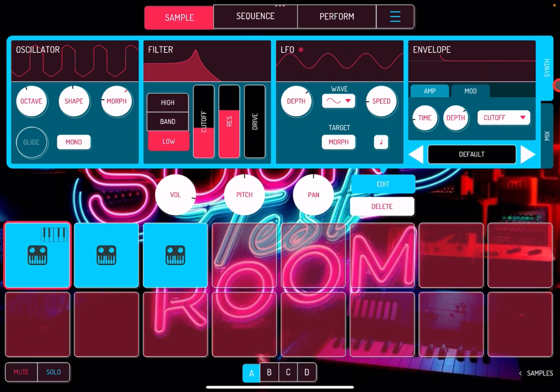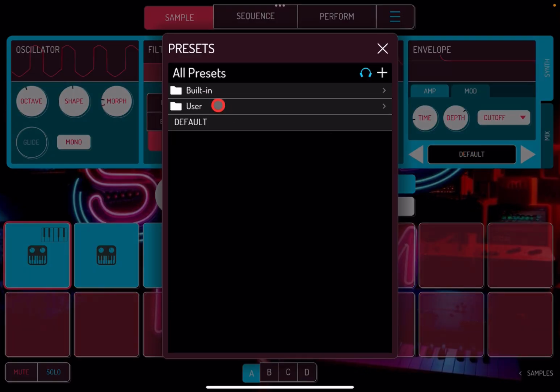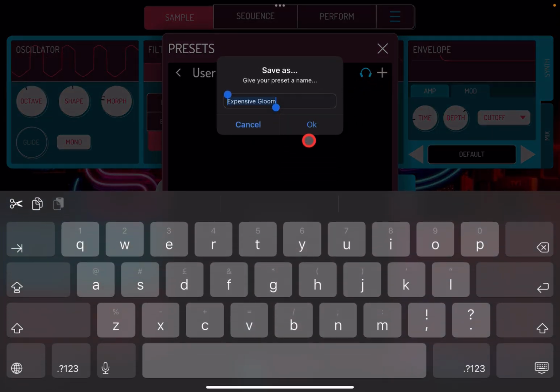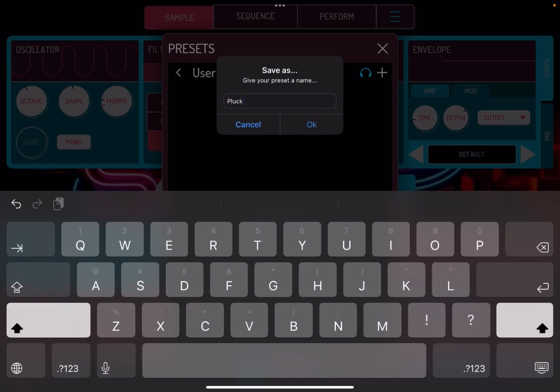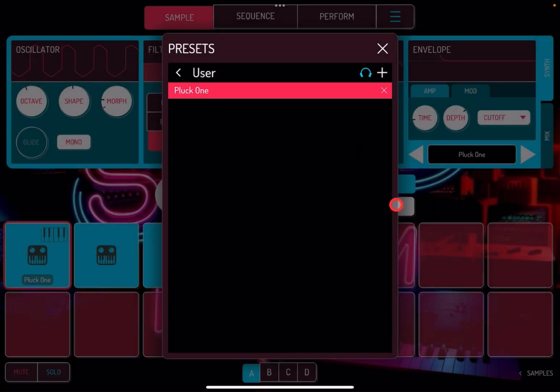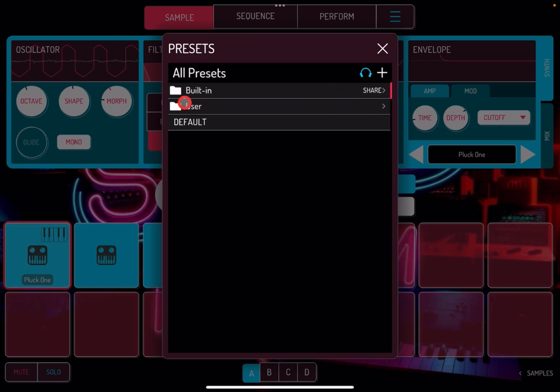Then you have presets. So you have built-in presets, and then you have user presets. And I'm guessing we can add one by tapping this. Yeah, let's just call this pluck 1. Just for fun, see if it works. Okay. And if we go back to our built-in presets now,